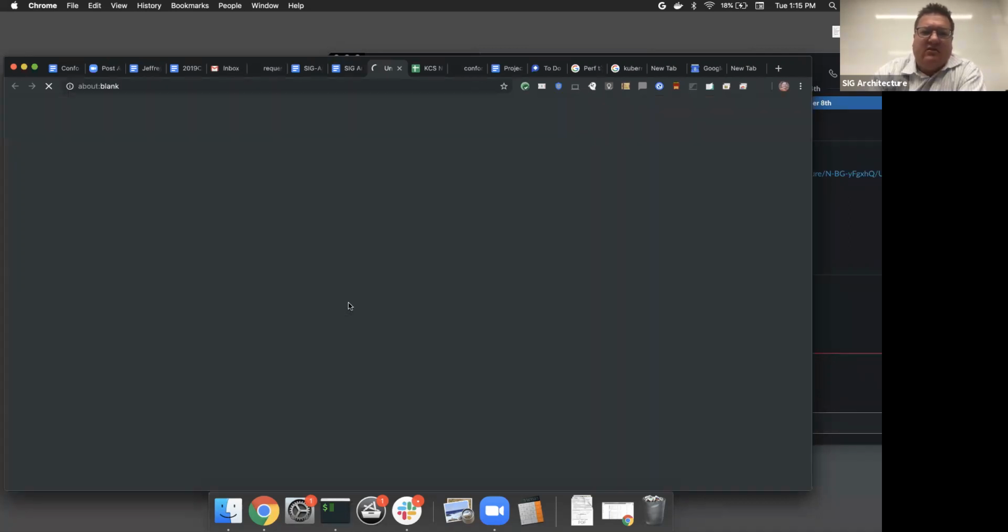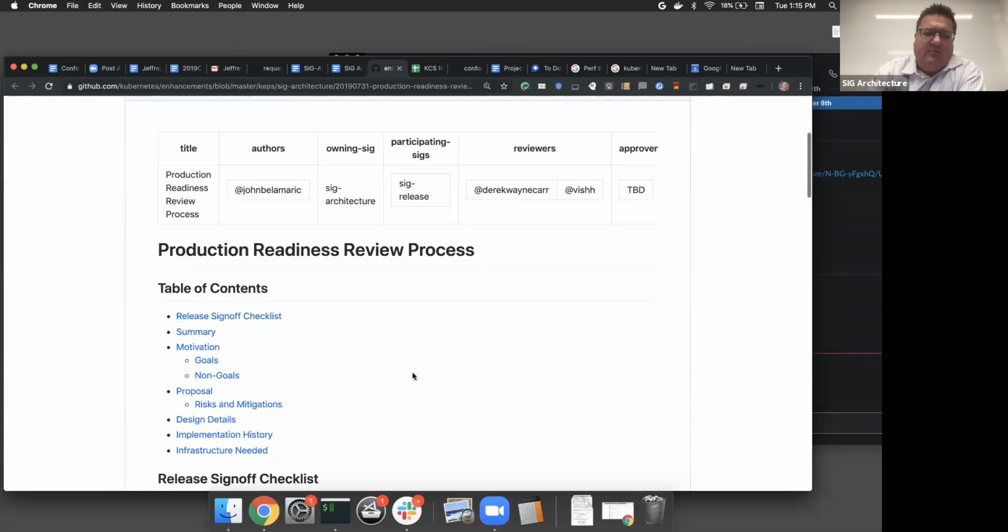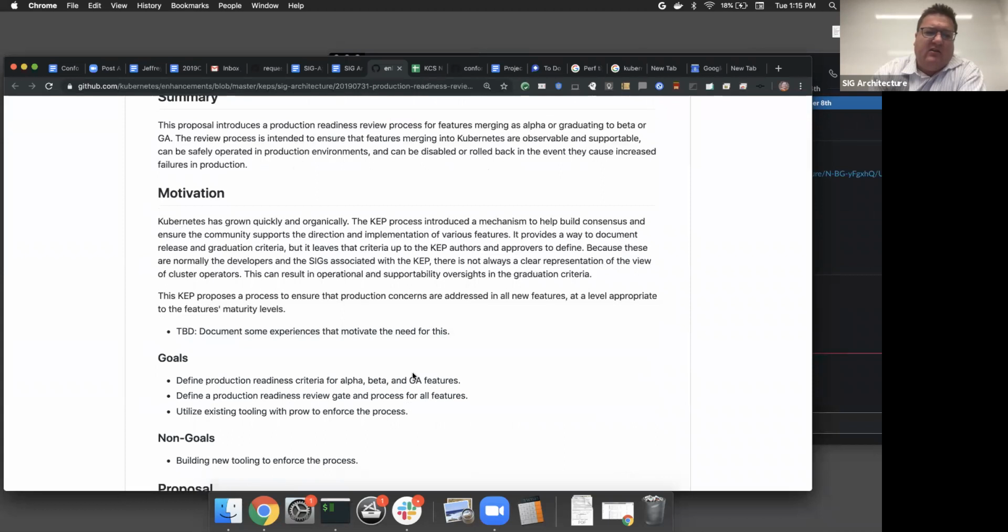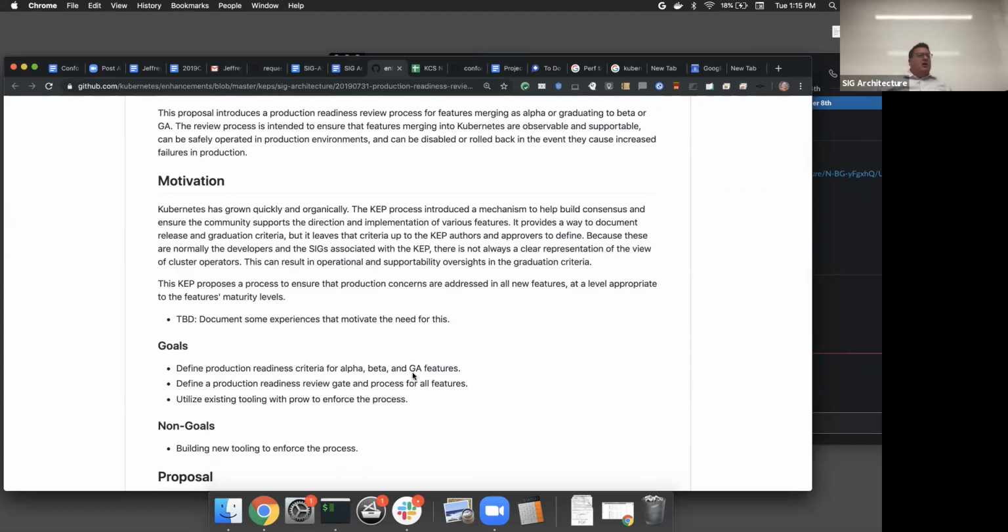Jumping in specifically to this CAP, as I mentioned in the intro, really just thinking about the place that Kubernetes is now in its life cycle. We need maybe some more discipline in how we release features. And so I wanted to put together, get a consensus on what we consider production readiness criteria for the different phases of features, come up with some sort of gate. And Jordan suggested, I talked to him in the past, which I think is a great suggestion,